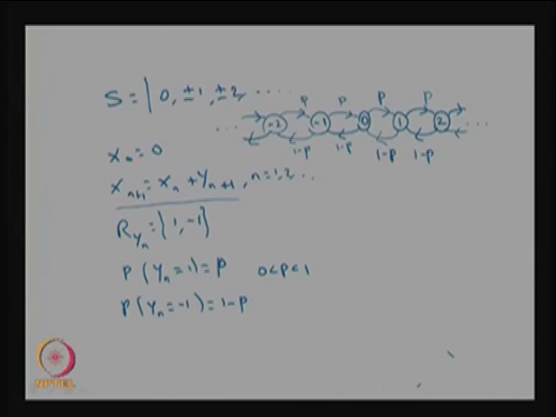That means the x n is going to satisfy the Markov property because of this relation, x n plus 1 is equal to x n plus an independent random variable. Therefore, for x n equal to 1, 2, 3 and so on, this stochastic process is going to satisfy the Markov property. Therefore, this discrete time discrete state stochastic process is going to be a discrete time Markov chain